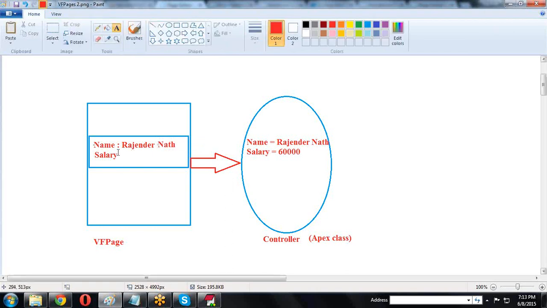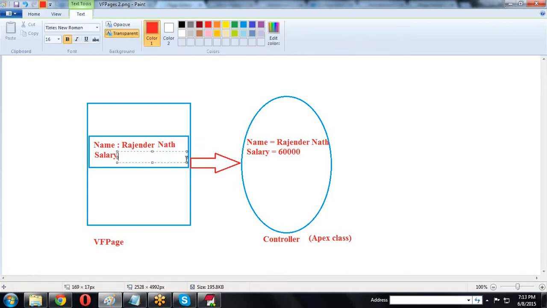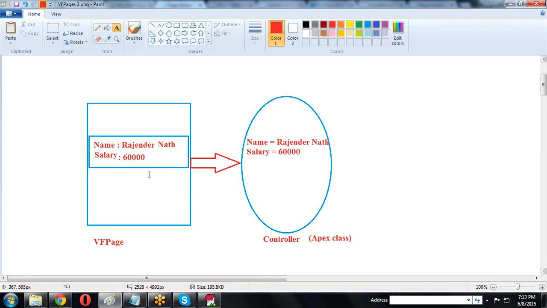This is the way we are displaying your Visualforce pages. Is it clear?